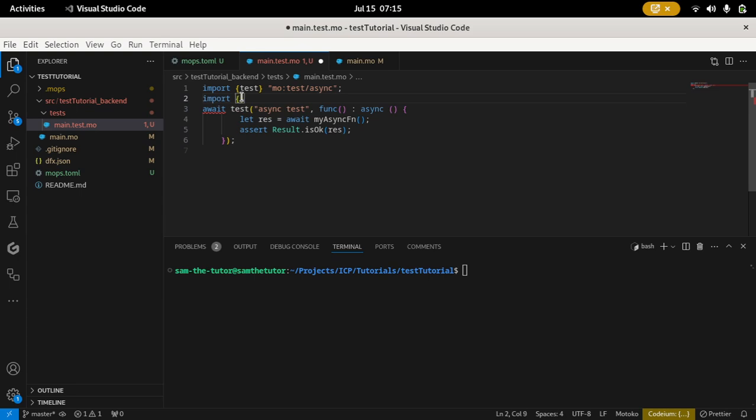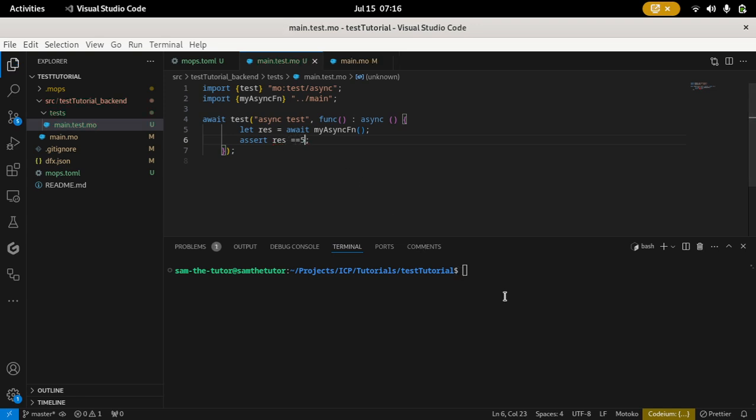So this way we can actually come and import our load async. I think we have to go, then that makes sense. All right, so this we don't want. Then result is equal to 5. So if we test out our code,